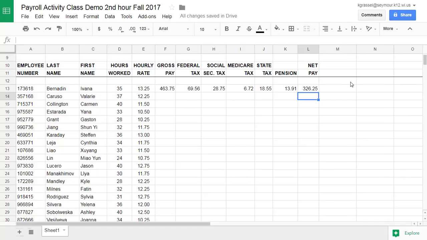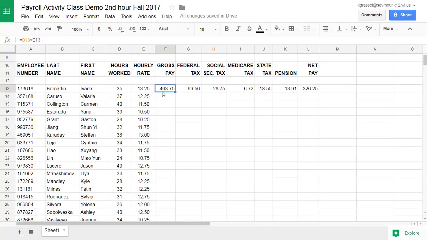Can't you just use this formula for the rest of them? Say that again, Caleb. You just use the same formula for everything else? You should be able to use the same formula for every single one of them. So Sylvia's way that we calculate her payroll is the exact same as Ivana's, right? You remember when we have a formula,